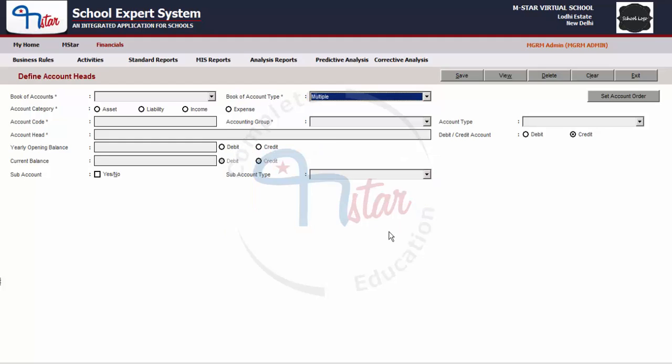Click OK on the confirmation message and then click on the box next to the book of accounts, and the book of accounts as defined for the school will appear in the box. Select a book of account against which the account heads need to be created,